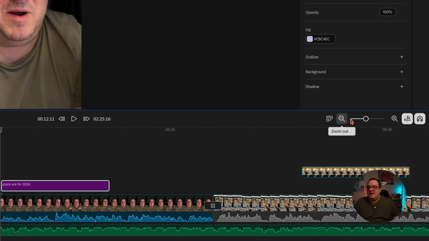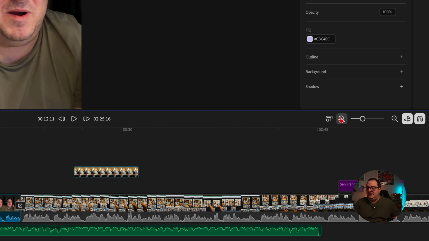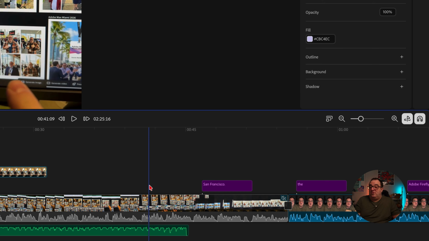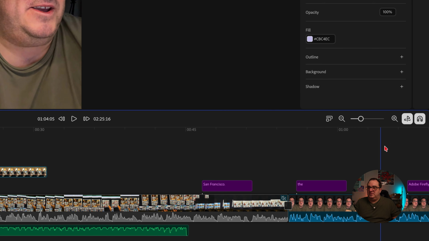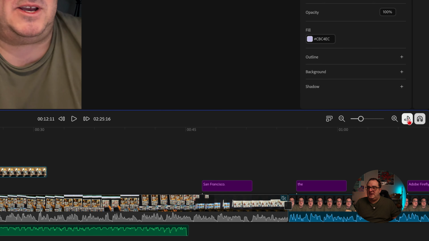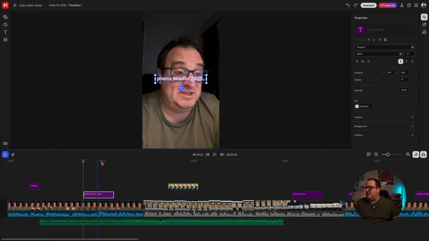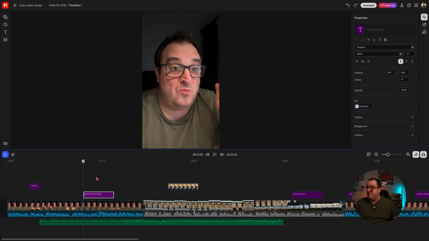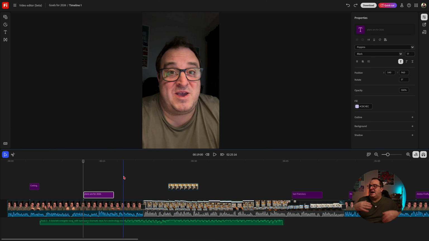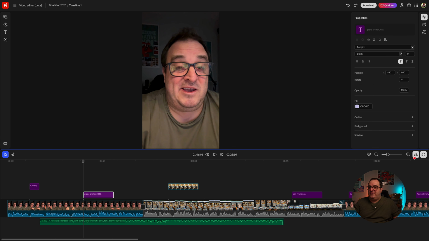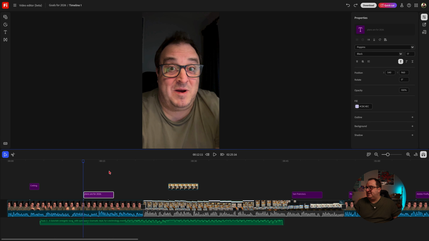Here we can zoom in and out of the timeline, so this is really helpful. You can see more of the actual timeline available here. And then this option here where it says skimmer, this is where, as I'm moving my mouse, you can visually see on the panel what I'm actually hovering over. If we turn this off, then it only shows where the actual playhead is,